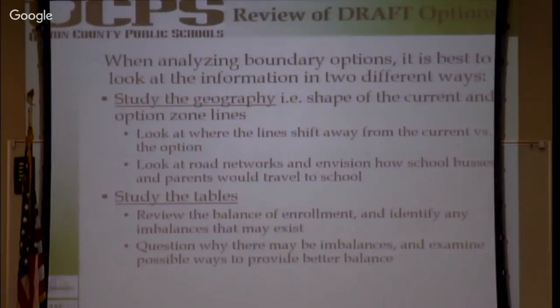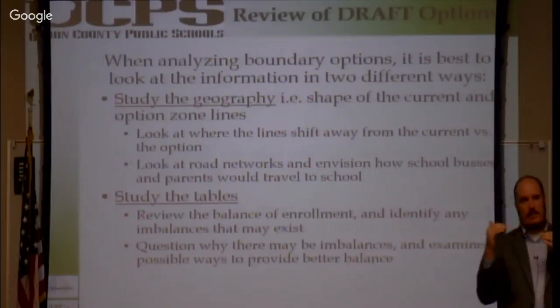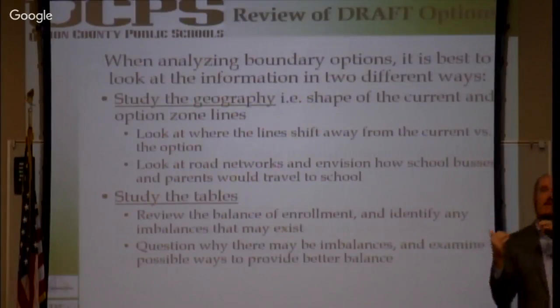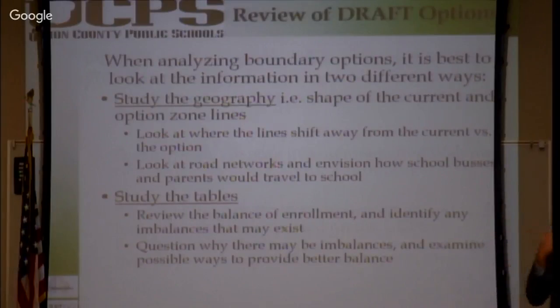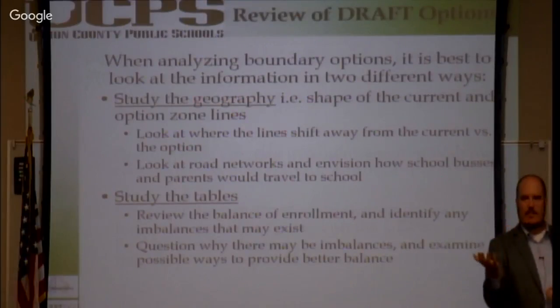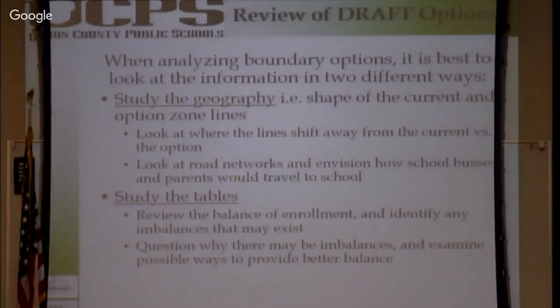A couple of things I wanted to give you for your benefit: when you start looking at these, I always recommend looking at the geography, seeing the maps, what you like in terms of how the boundaries are shaped, but then focus on the numbers too. Or look at the numbers and see what you like, and then if one looks kind of odd, go look at the boundary and see how it relates. So study them both, because there are 2 primary components of data: the tables, and then the maps.